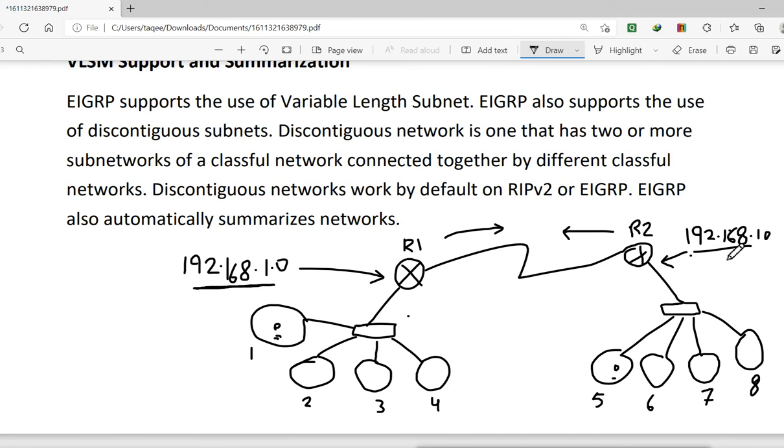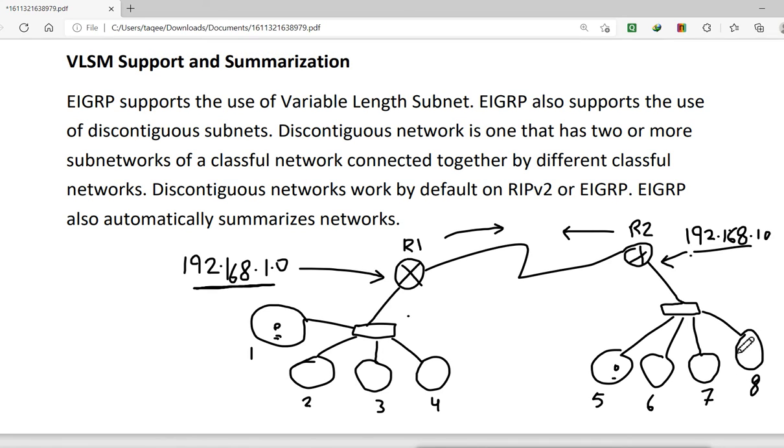Router 2 will say that I am having the whole network here on this side. Now this will again create the same problem, that they will not forward the data from this subnet to this subnet because they feel that the whole network is on their own side. Router 1 feels that the whole network is on side 1. Router 2 feels that the whole network is on side 2. So in this kind of design, if you have auto summary enabled, then we should disable it, because they will not do the routing.